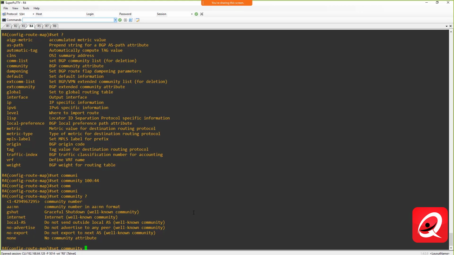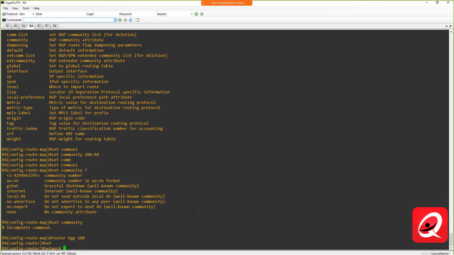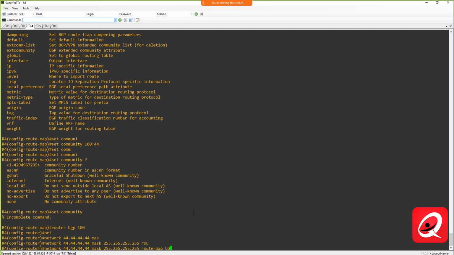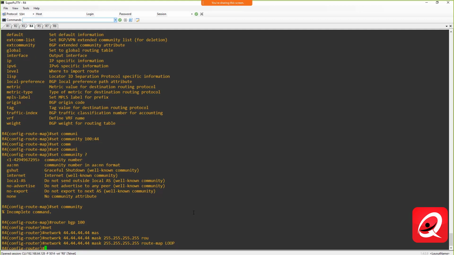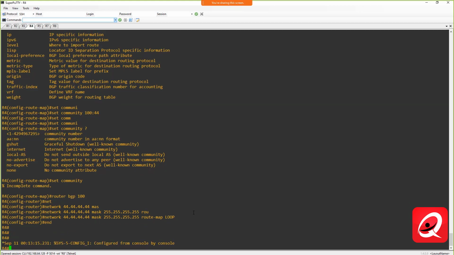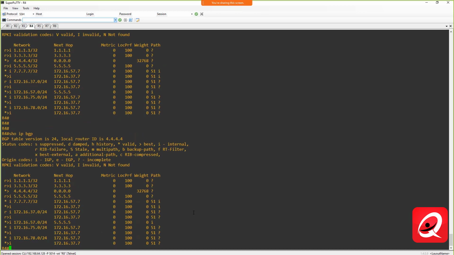So under the BGP process, we simply now want to originate the NLRI information with the network statement, but we're going to apply the attribute change right at that point. So I'm going to go into router BGP 100, and I'm going to say network 44.44.44.44 mask 255.255.255.255 route-map loop. So we're actually applying this attribute directly on the prefix. All right, if I do a show IP BGP, I should see,